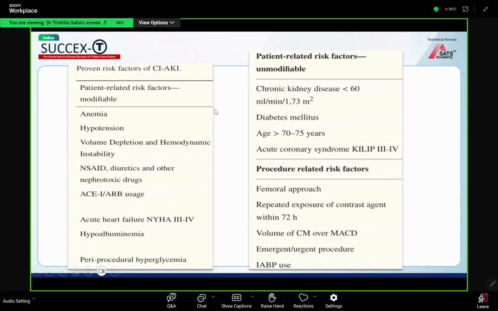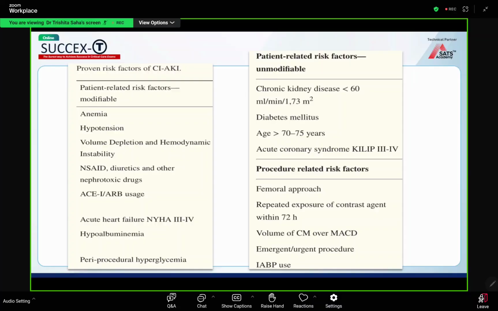So for writing the contrast-induced AKI, you have to write about the risk factors. These are the proven risk factors for contrast-induced AKI. This may be patient-related risk factors, which might be modifiable, which is anemia, hypotension, volume depletion, hemodynamic instability, use of drugs, that is NSAIDs, diuretics, and other nephrotoxic drugs, ACE inhibitors or ARB use, acute heart failure, hypoalbuminemia, periprocedural hypoglycemia, and some